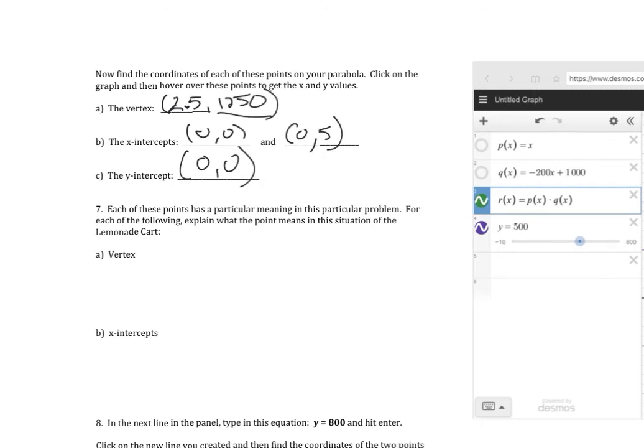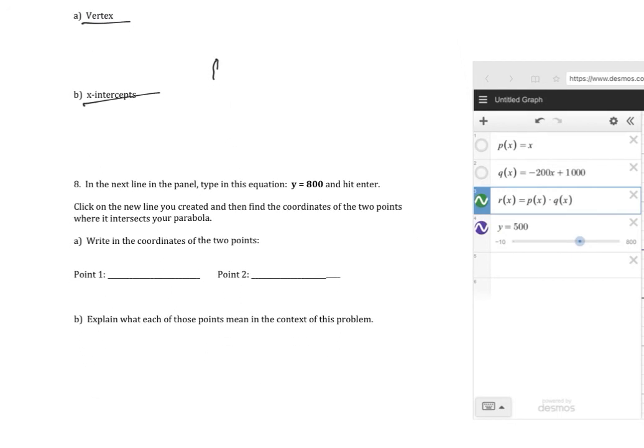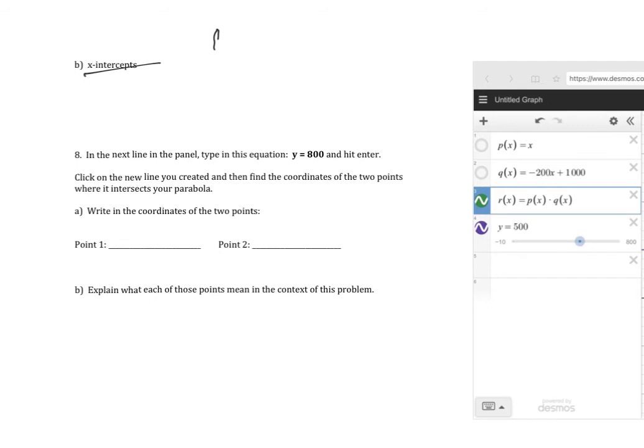Okay, each of these points has a particular meaning in this case. So we said the vertex represents the price that we would set to get the maximum amount of revenues. That would be the x value. The y value would be what those revenues are. The x-intercepts show us the 2 points where we would make a profit of exactly 0. And then we've done this now. We got the coordinates of these 2 points. And again, what these 2 points mean is that at $1 and $4, our revenues would be exactly $800. Okay. Moving right along,